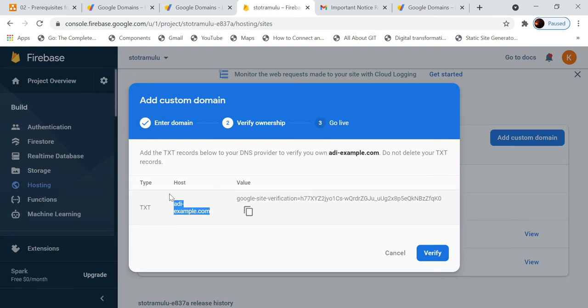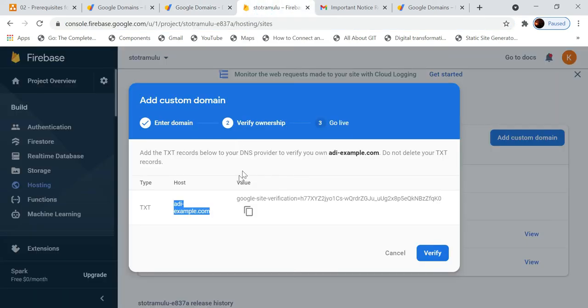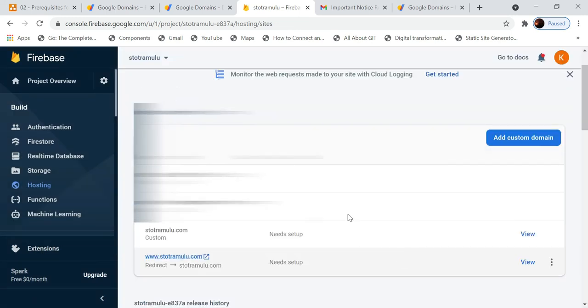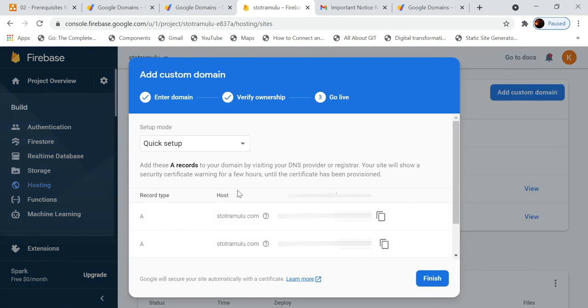In my example it is not the same because I'm just showing it as an example, but if you are doing it in real time it should be the same. Then verification happens, and you will just click on finish, and your domain name will go live.